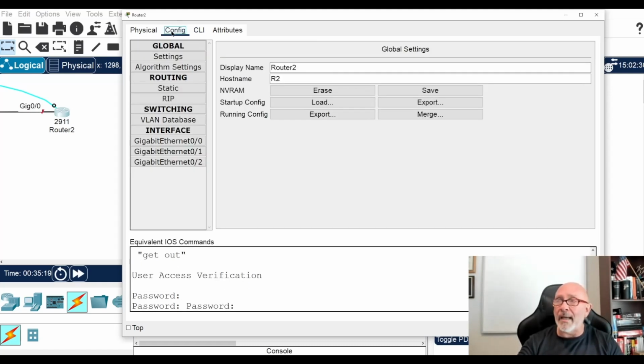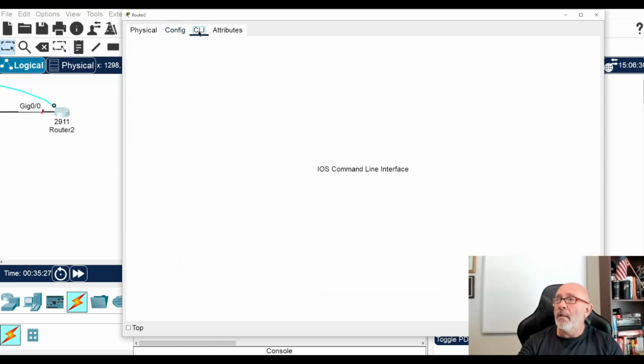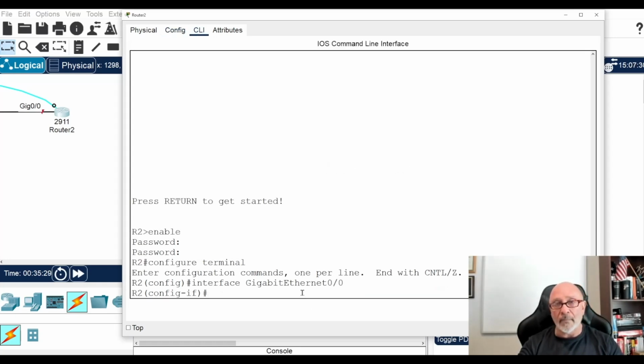Go to your config tab, if it's available. If your instructor was a genius and decided he was just going to get rid of it, he's going to lock you out of it. Click on G0, come over here, and then go there. But let's say he did lock it. You're like, oh, okay. You locked the config tab, huh? No problem. I'm going to go to the physical tab.